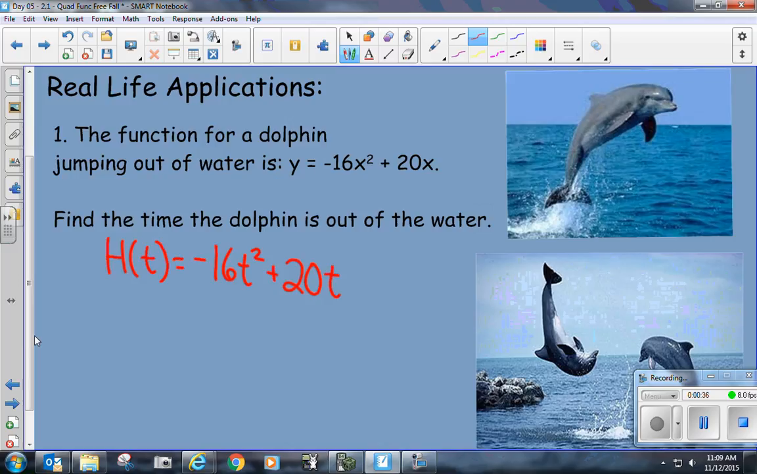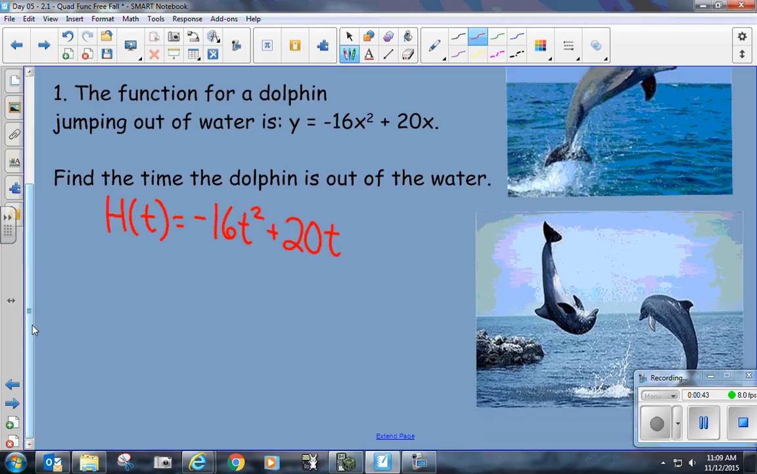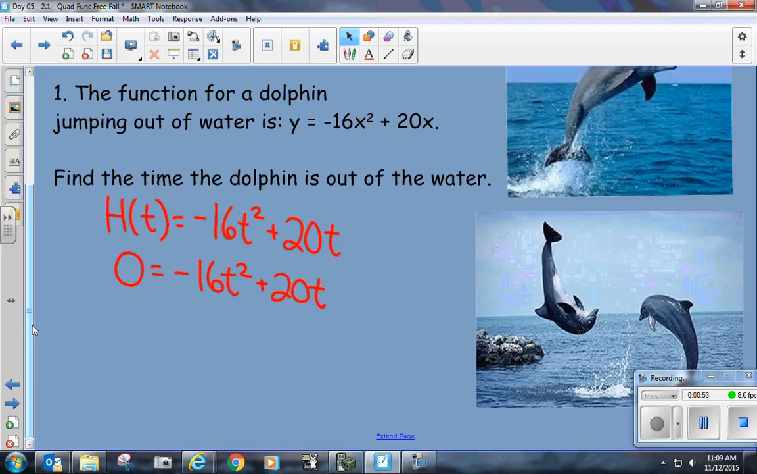So if they want me to determine the time, that means I got to solve for t. I got to find the x-intercepts, the solutions, the zeros, okay, the roots. I set it equal to 0, and I just solve for my t. Now, based on what we did Tuesday,